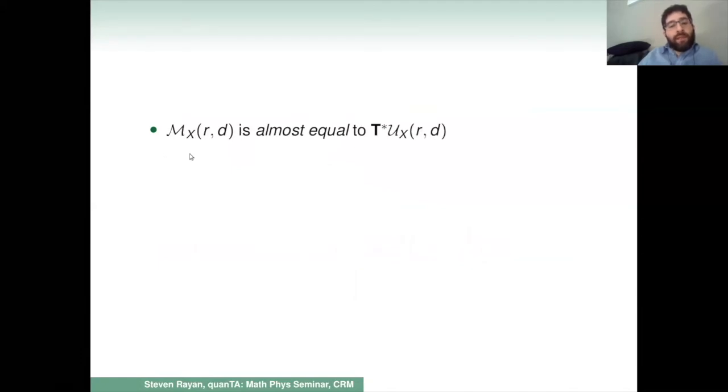The cotangent bundle to the moduli space of bundles is contained inside the moduli space of Higgs bundles. But there are some things in here that are not in the cotangent bundle, because there are some stable Higgs bundles whose underlying bundle is unstable. It's stable as a Higgs bundle. It has bad subbundles that are filtered out by the Higgs field, but the vector bundle on its own, if I try to check stability, will not be stable. And so there isn't a global projection back to the moduli space of stable bundles. However, this containment of T star U in M is open dense.